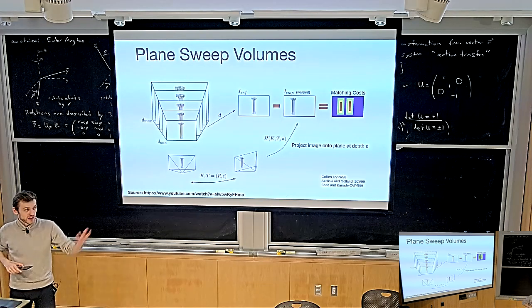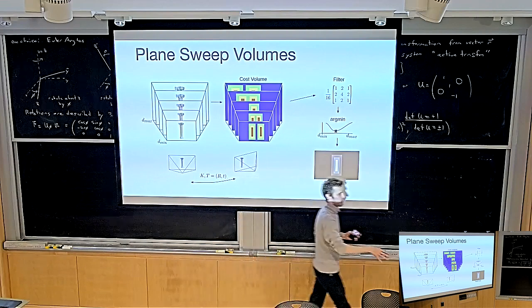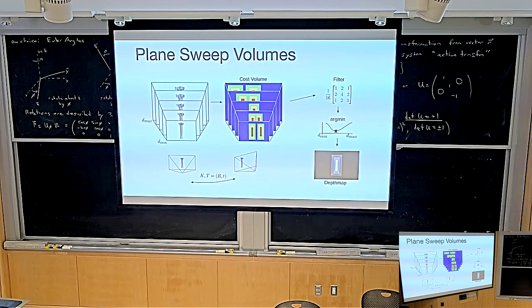I encourage you to watch this video. There are papers now that, okay, so the original plane sweep stereo paper just really did this via filtering this cost volume. When I say filtering this cost volume, let's talk about this a little bit more. So imagine you plot this cost. This is kind of an idealized cost. What would this cost actually look like for an actual real-world stereo pair? Imagine I took my iPhone and took two pictures, one picture from here and one picture from here. And now for one of these rays, I would actually show you what this plot looks like. What will this plot actually look like? The cost plot.